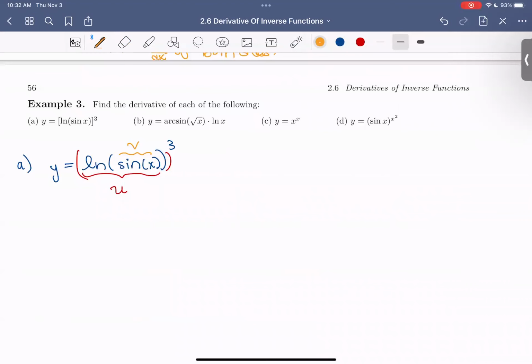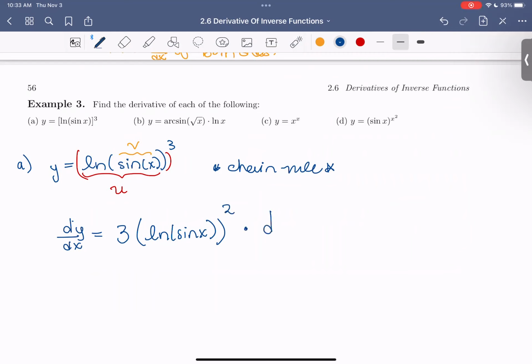Our furthest inside function is sine x. Then we have ln of v. Then we have to the power of 3. So we need to use the chain rule. To do that, we first compute the derivative of the outside function. So we have the derivative with respect to x is equal to the derivative of u cubed. So the 3 comes down, and then our u here is ln of sine of x. Then we subtract 1 from that exponent, so we get 2 here. And then we need to take the derivative of the inside, ln of sine of x,